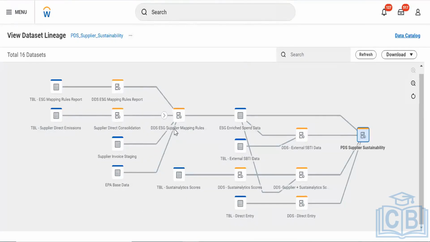Later on it's written as enriched spend data. It seems they have enriched this data and are using a table for storing it, as a one-table solution. Furthermore, it provides data to this DDS and also to this DDS.